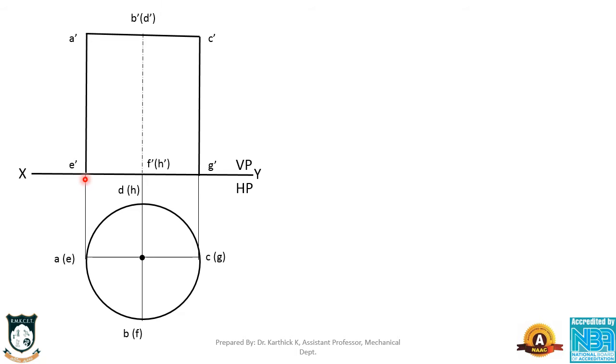See, this is the bottom face. E, F, G, H is the bottom face where H is hidden if we look at the object from this direction. H is hidden, and this line is the top face. A, B, C, D. Here also D is hidden. Then give some dimensioning, 60 mm like this. Then the diameter is 50 mm, so you have to mention it with the diameter symbol. So up to this we have finished the simple position of this problem.